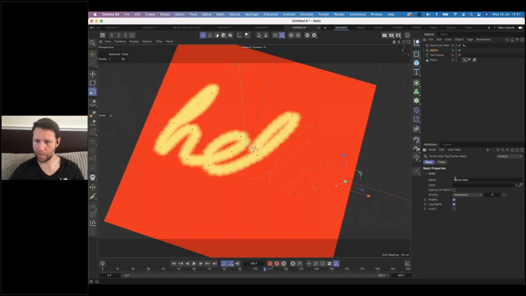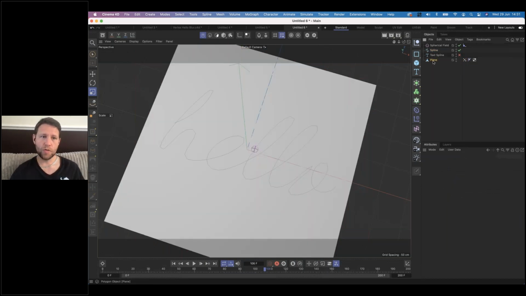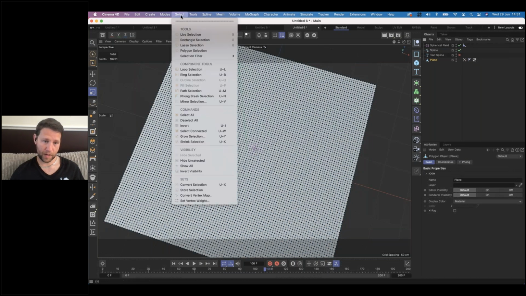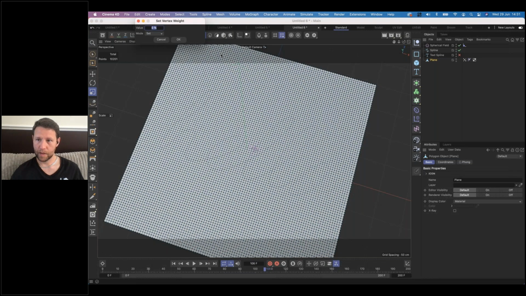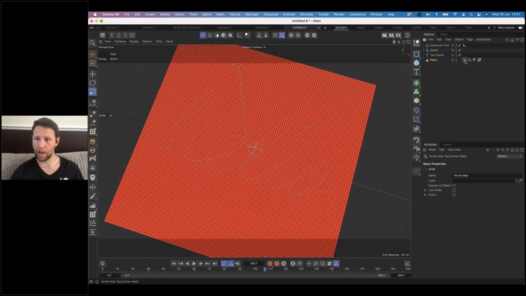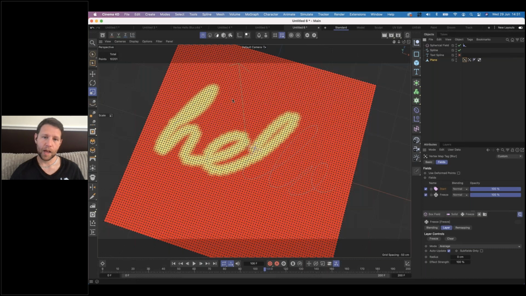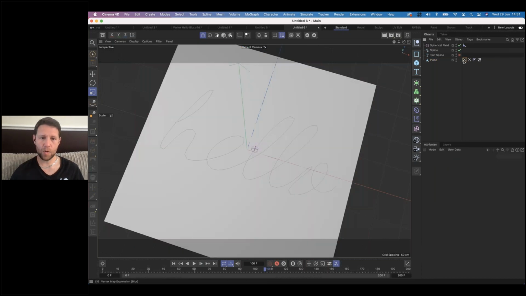So let's go to the basic map and let's call this start. I then need to create a new vertex map. Yep, I need to create a second one on the same object. So set vertex map, create 0. And in this vertex map, I actually need to call this one blur. This will help. Use fields, and in this one, I need to drag and drop the other one. Oop, missed. Plop. And you can see that my blur one,